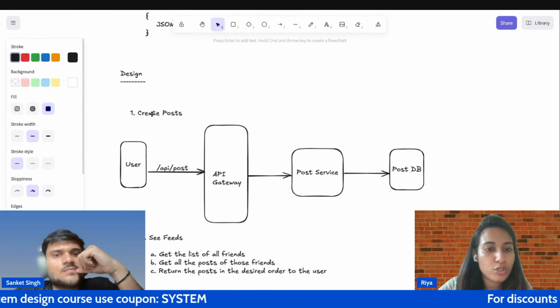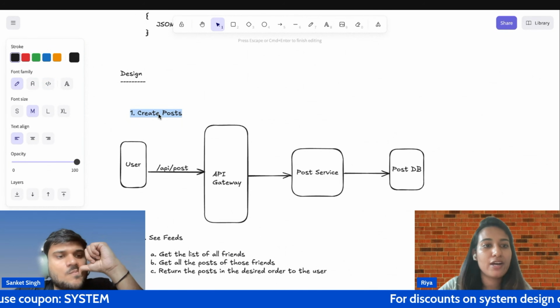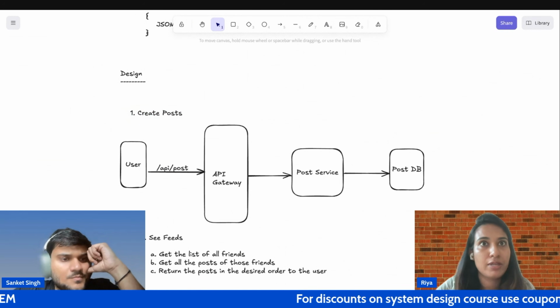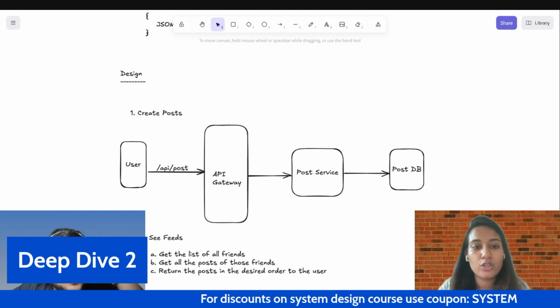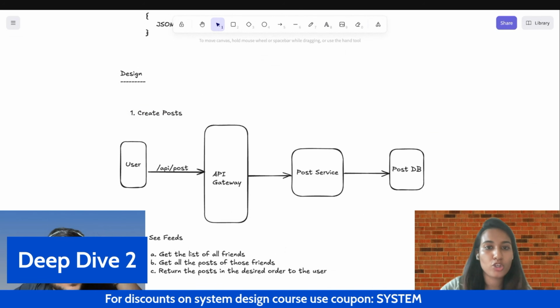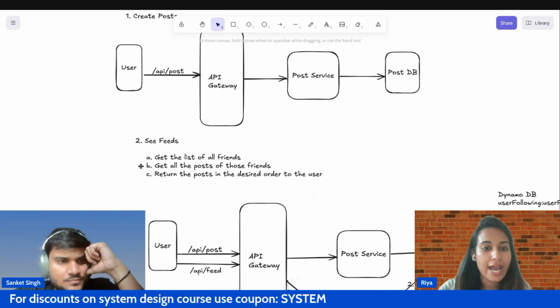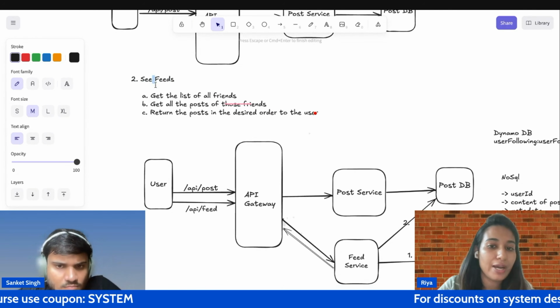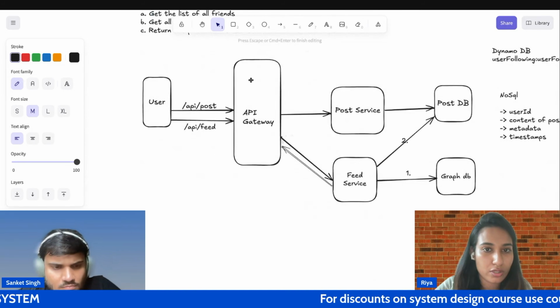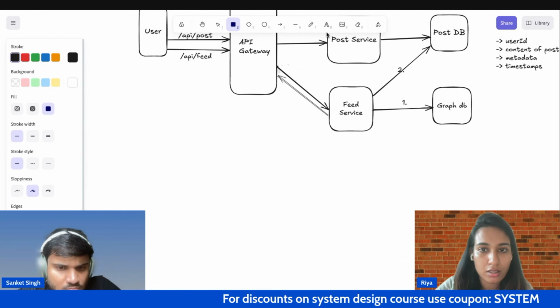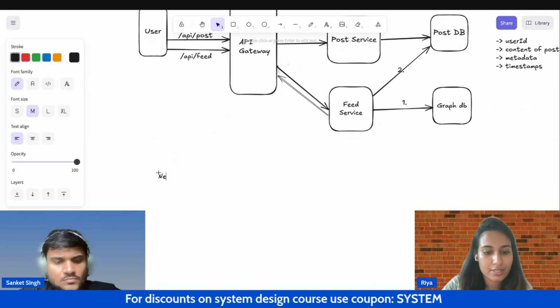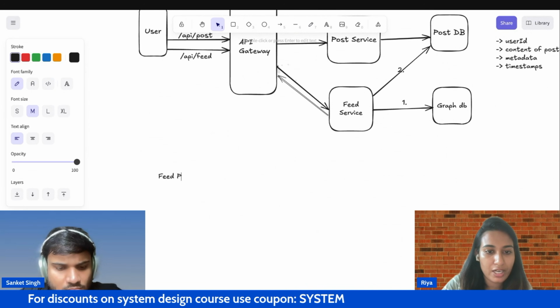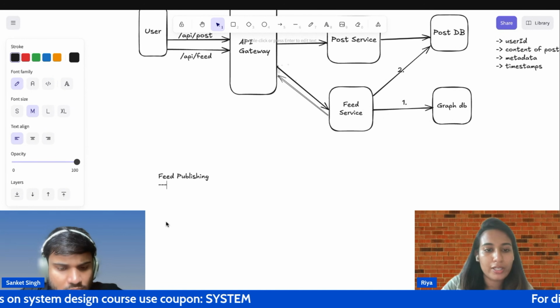So for the create post part, ideally, I would say this is more like a feed publishing process where we are trying to create posts and then make sure it reflects in people's feed. And then the see feeds process is basically a news feed building process where we are building the feeds for the user. So when I try to optimize this process of feed publishing, one of the bottlenecks